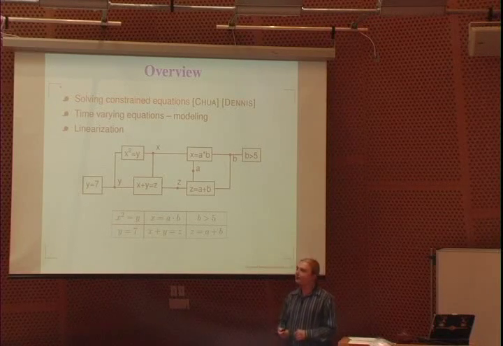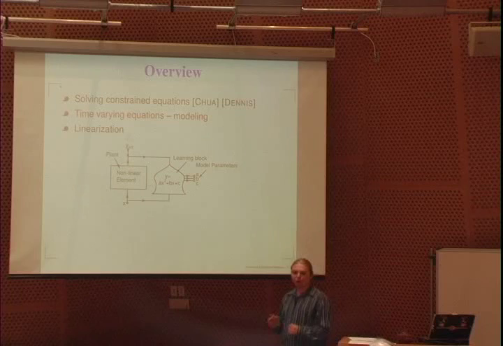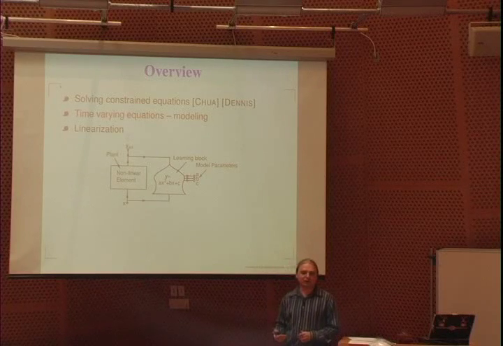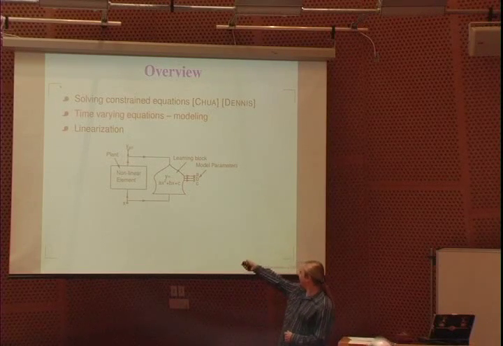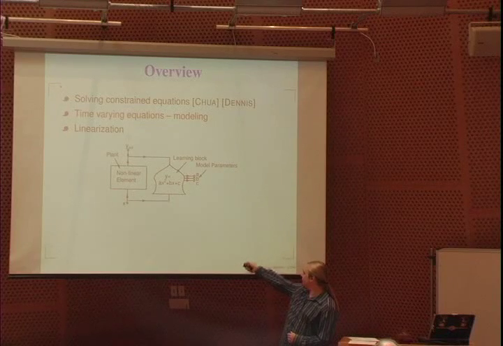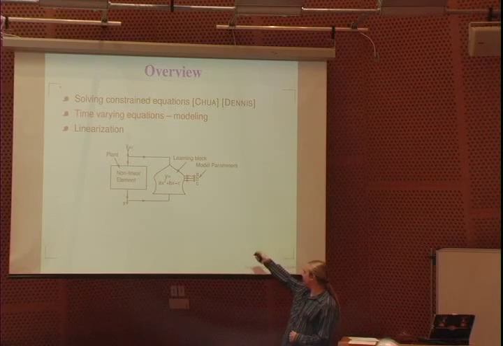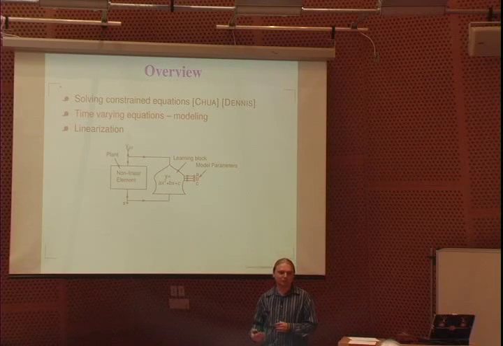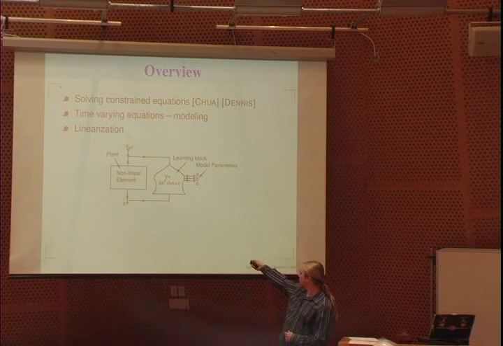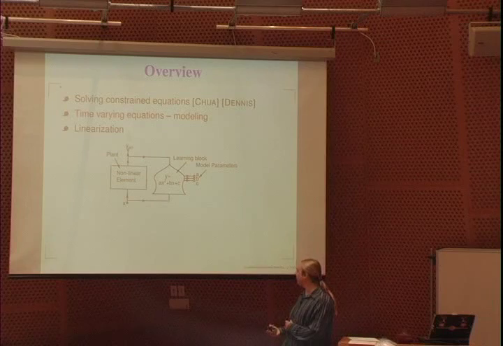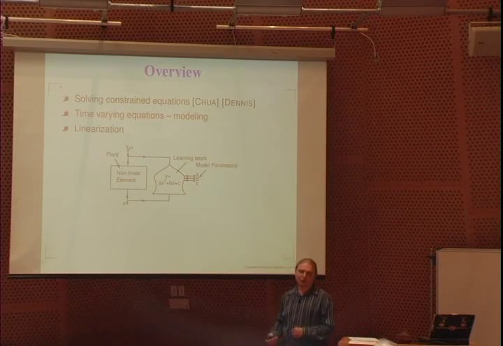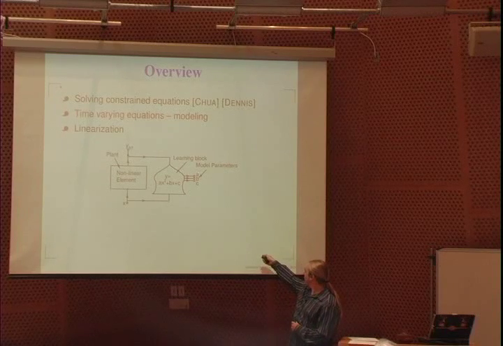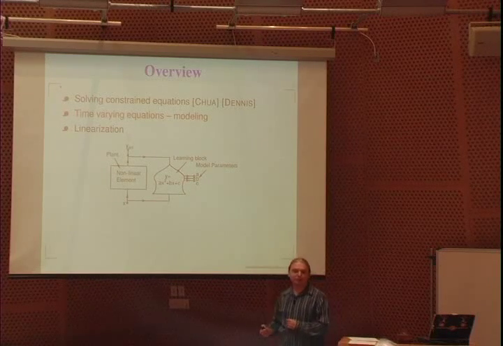Once I've presented that, I'll show you how this can be used for modeling. It will turn out that if I connect an under-constraint block to something that spits out values, so here I have a plant that's taking values of x and y. I'm looking at those values of x and y, and I want to build a model of how those relate. If I connect an under-constraint block, in this case y equals ax squared plus bx plus c, as it looks at values of y and x, it will build up what values of a, b, and c best